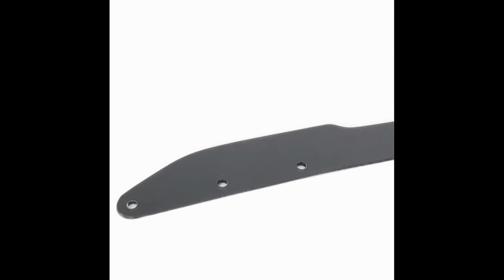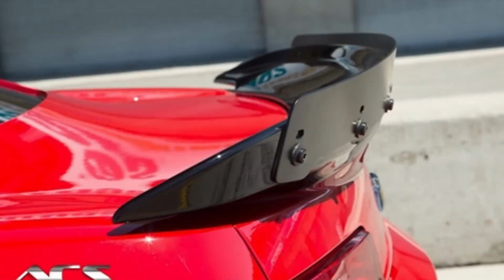And then there's another thing called a gurney flap, or most affectionately known as a wicker bill. And just like that, the air comes off the window, goes down across the back, right? Hits this spoiler and then goes up. And then that creates downforce, a lot more downforce than that little itty bitty one that's on the car now. Now what the gurney flap or the wicker bill does, it sticks up. You can get a low profile one, or you get one that sticks up 3 to 4 inches. It gives just that much more tall area for the air to want to go up and create more